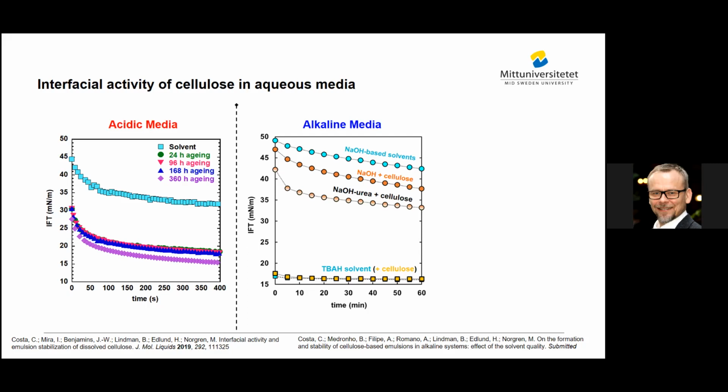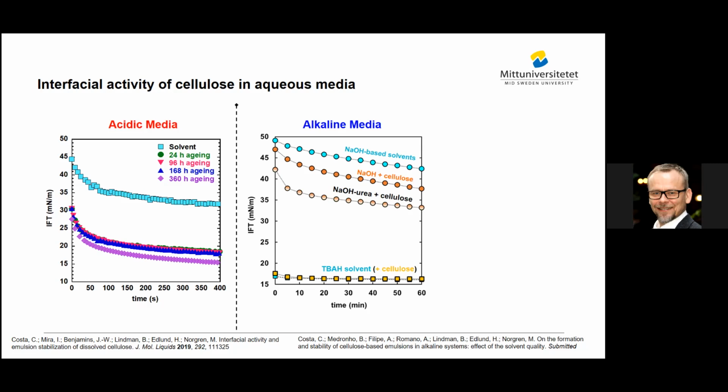It works quite well, but of course you have an aging effect. And the aging effect in this case makes the depolymerization take place. And here Carolina studied how the interfacial tension looked at different stages for these cellulose